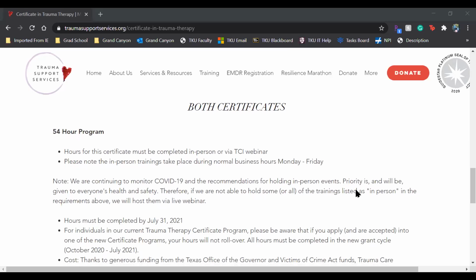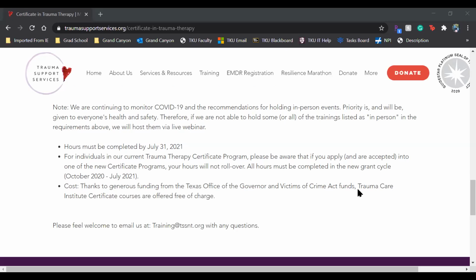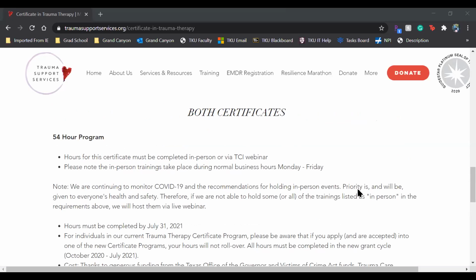But it's a 54-hour program, and it's all year long. So it's spaced out. They're usually 2 to 3 hour trainings. And you will come out of this with experience to be able to work in any kind of trauma support arena, whether it be in hospitals, one-on-one counseling, church members. Unfortunately, for those who aren't going to be counselors, you can't do it unless you are in the mental health field. But the majority of you in the class are